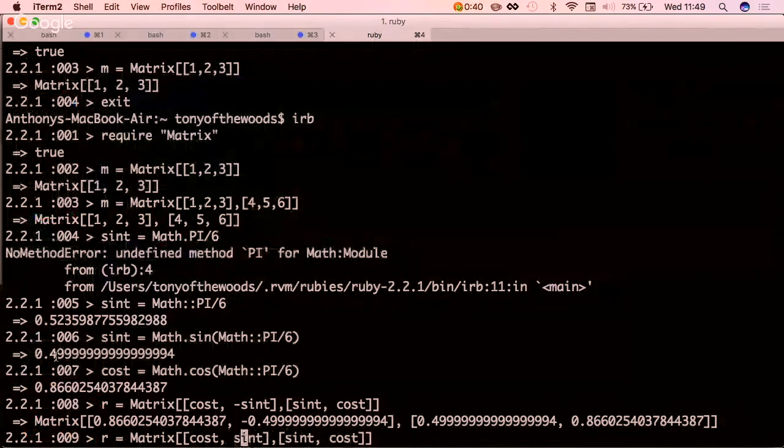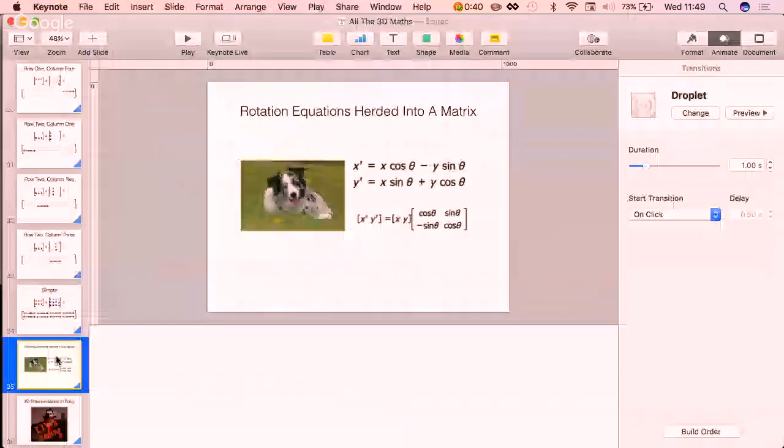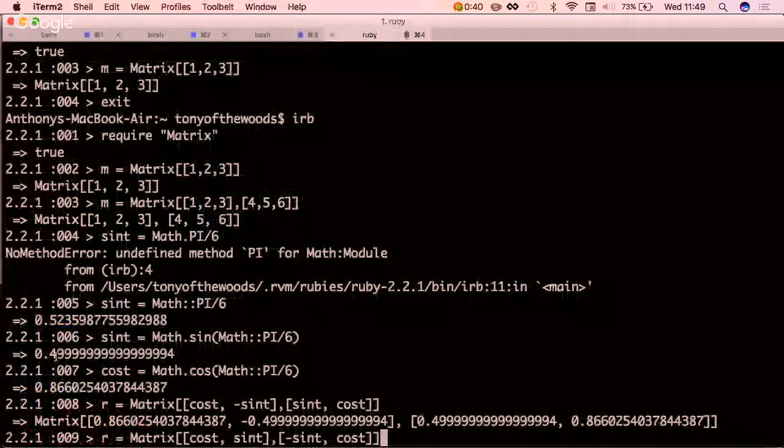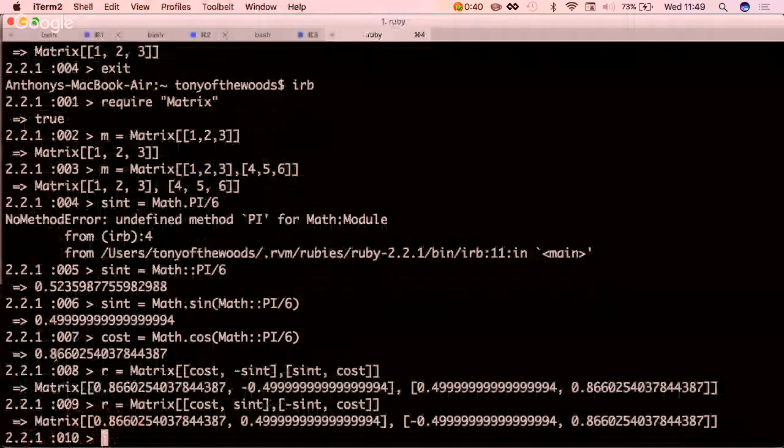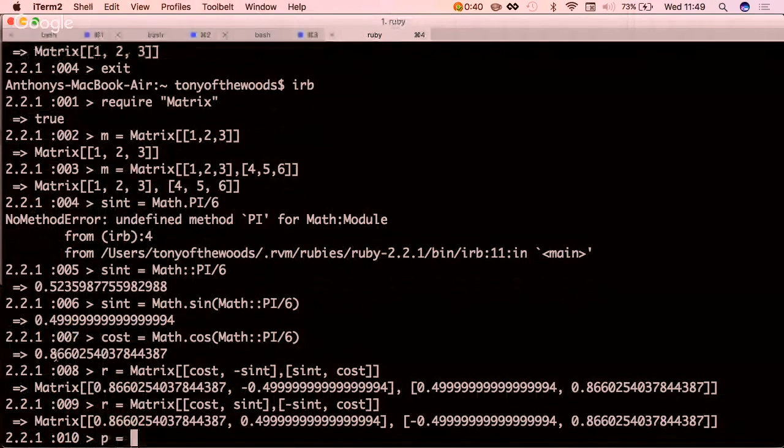Cosine, sine, and then minus sine, cosine. Brilliant. Great. Like that. And then if I have a point, so if my point is at 7, 8 was our example,